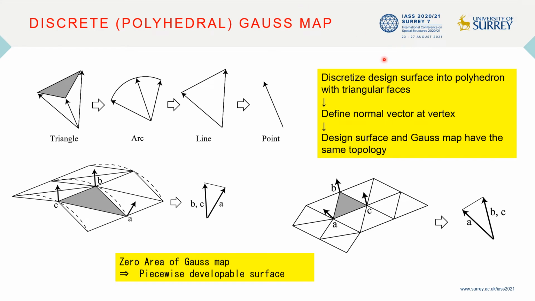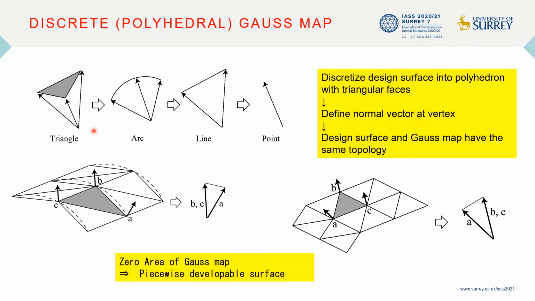We discretize the design surface into a polyhedron with triangular faces and define the normal vector at each vertex. Then the design surface and extended Gauss map have the same topology, and the area of the Gauss map can be computed easily. The Gauss map of triangular unit of convex surface forms a triangle as shown here,